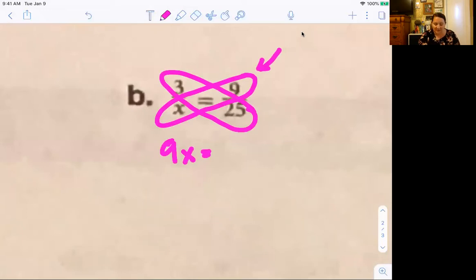And then 25 times 3 is 75. Now we can solve for x. What's the opposite of multiplying by 9? Dividing by 9. So we're going to divide by 9, and x equals